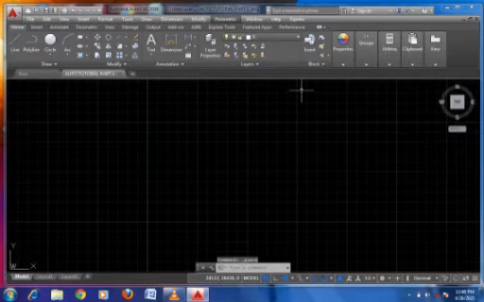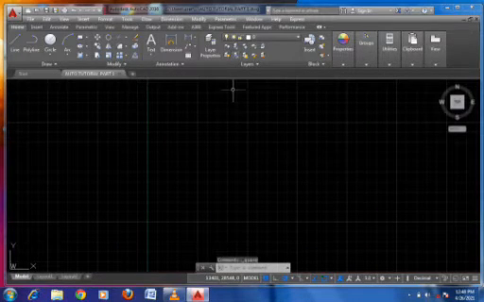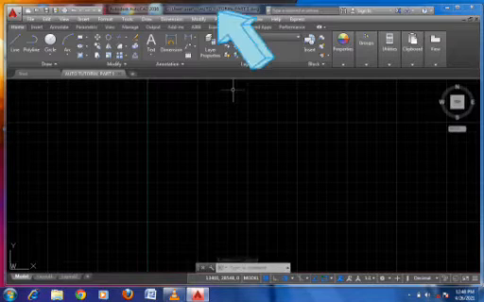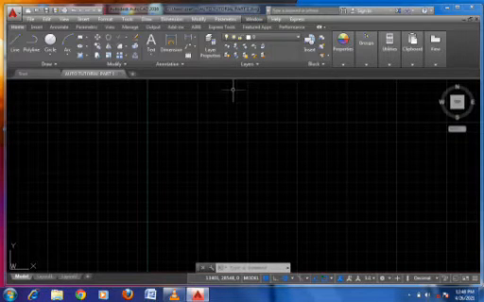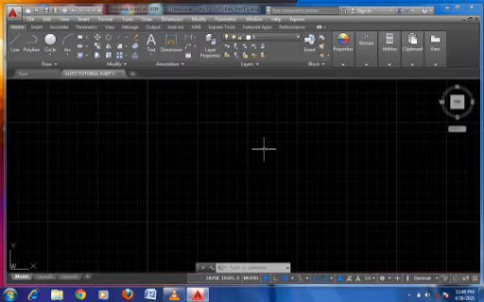You can see that it's changed to Auto Tutorial Part 1.dwg. So that is how it will save. That is the title of our model. Now the next thing we'll be doing